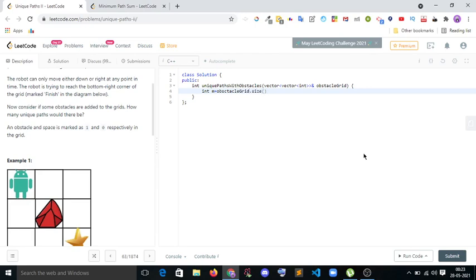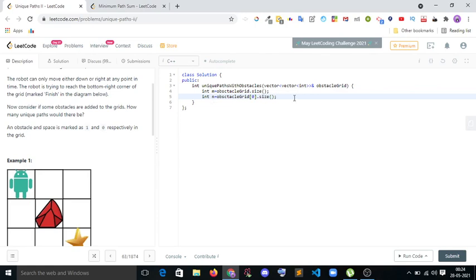This is my row, and int n is equal to the column. So m rows and n columns are given.